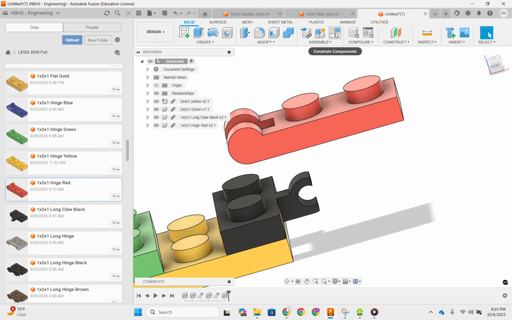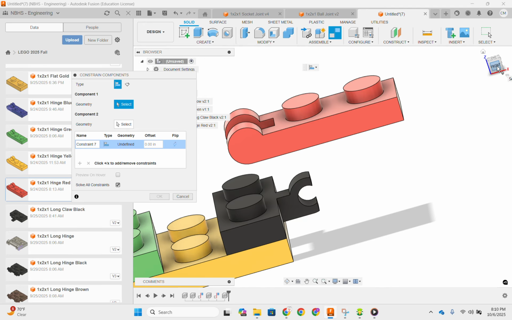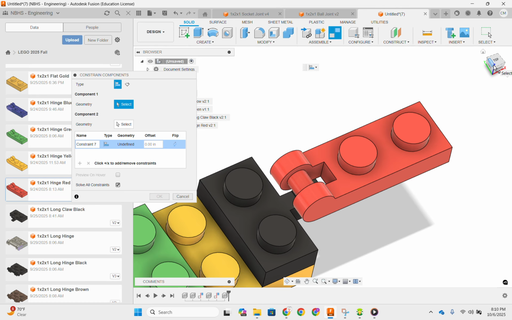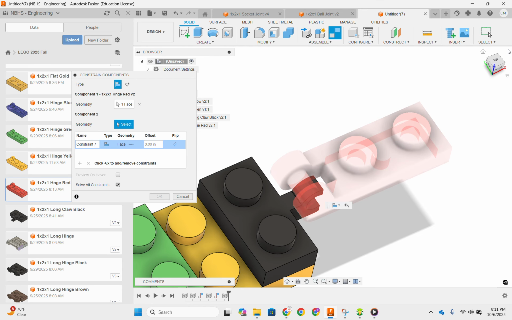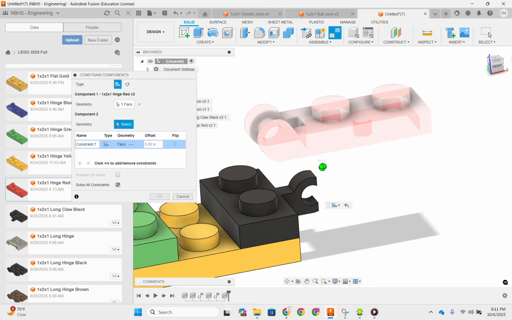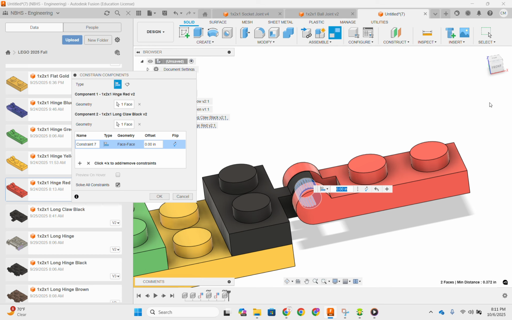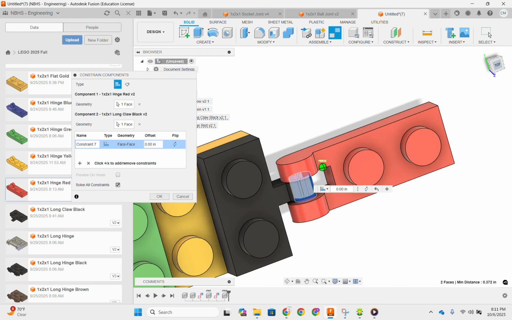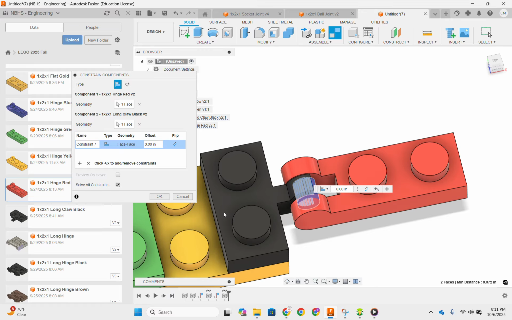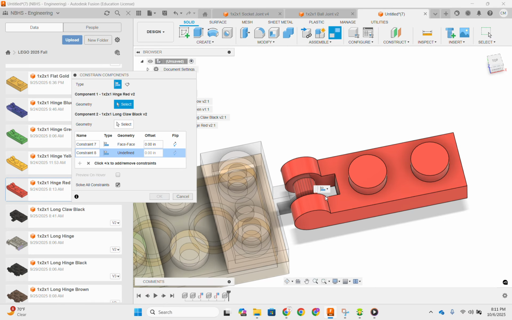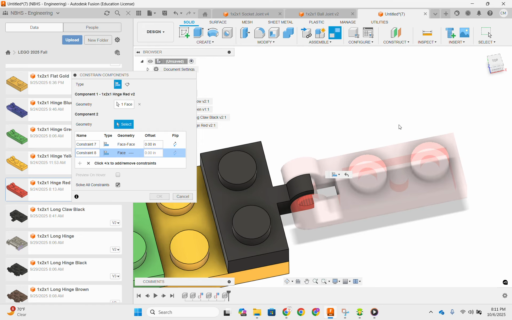Now I'm going to use my constrained components. I've got to pull this around a little bit, and I'm going to click this curvy face of this cylinder right here, and then I'm going to click this curvy face of this cylinder right here. And you'll notice it's going to be hard for me to do this without a mouse, but these guys are actually bumping into each other, so I need to add another constraint. And the constraint I'm going to add is going to be this face right here